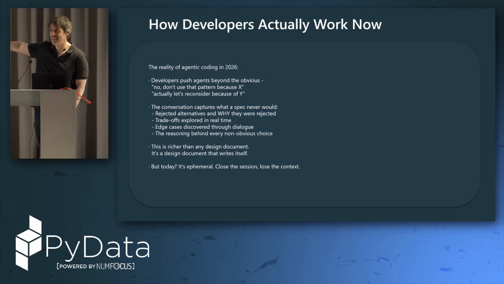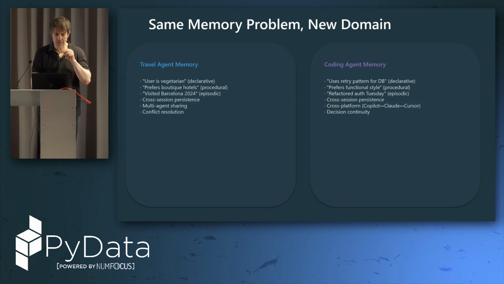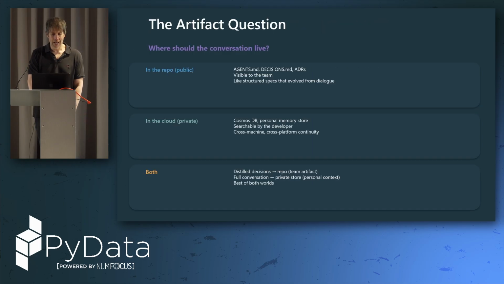So this is a totalizing shift. And obviously you'll all be working in different ways. But my comment here is the same memory problem, just a new domain. How you exist when you're coding with agents. The point I really want to get across,